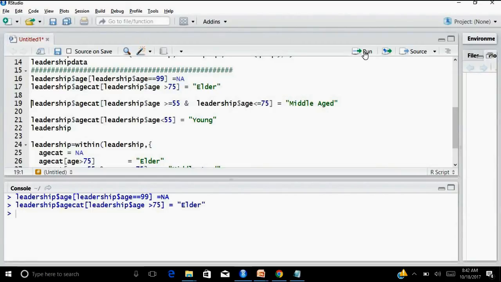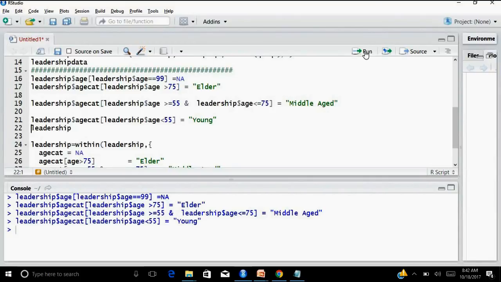I'm running it. And now leadership$age_cat, leadership$age greater than or equal to 55, and leadership$age less than or equal to 75. I'm naming it as middle aged. Likewise, leadership$age_cat square bracket, leadership$age less than 55 equals young. So I'm running it.